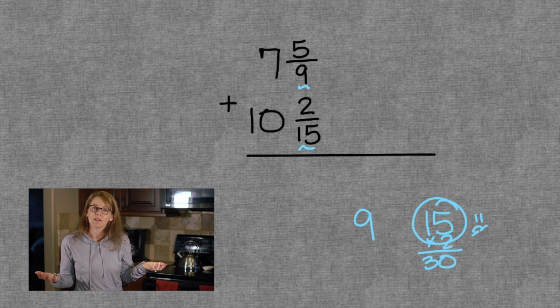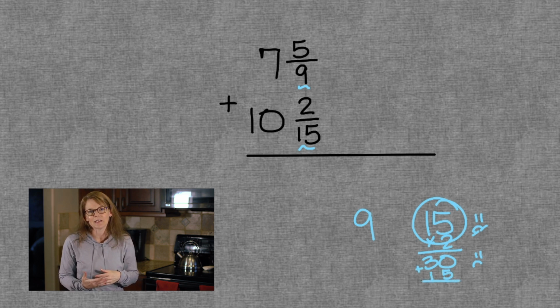Does 9 go into 30 evenly? Nope, not my winner either, but don't be discouraged. We just have to be determined and keep going. So now we're at 15 times 3, or we can take our 30 and add 15 like this. Either way will work because we'll still get the answer of 45.